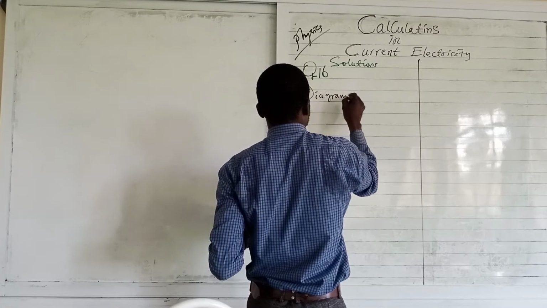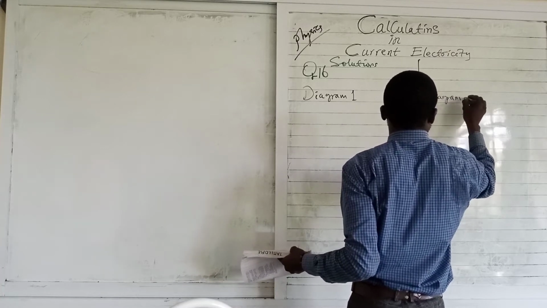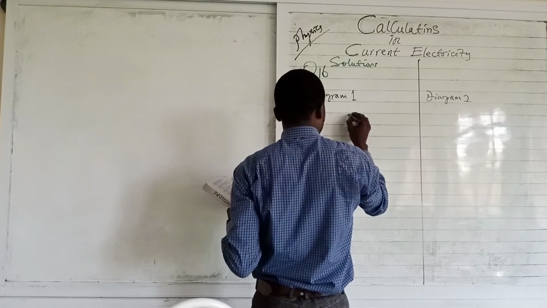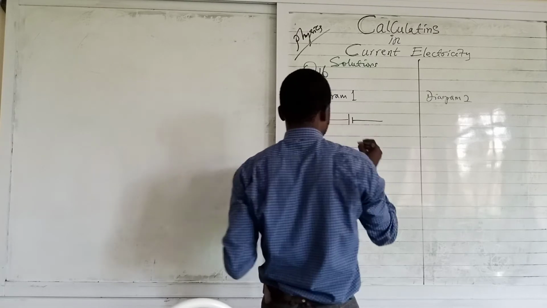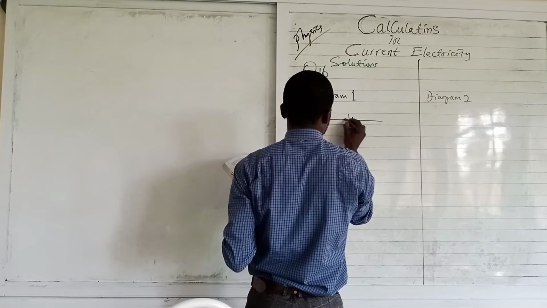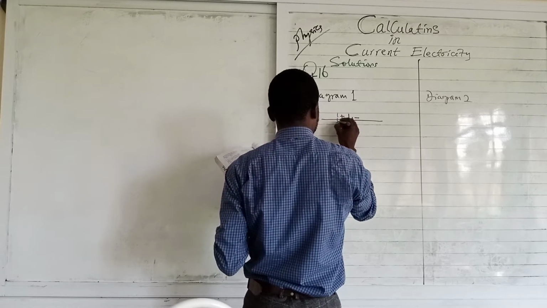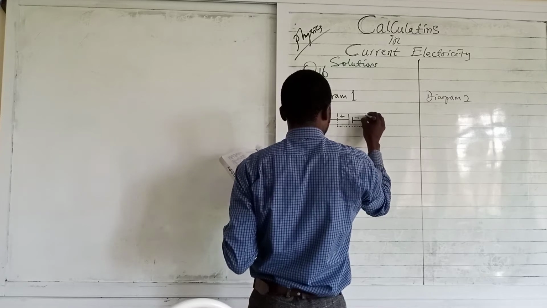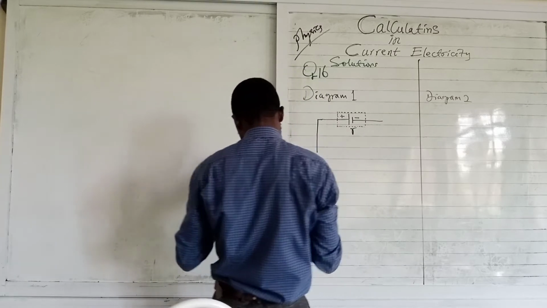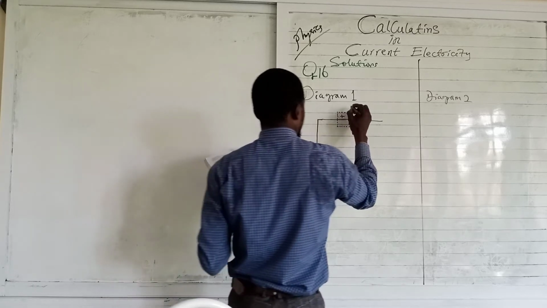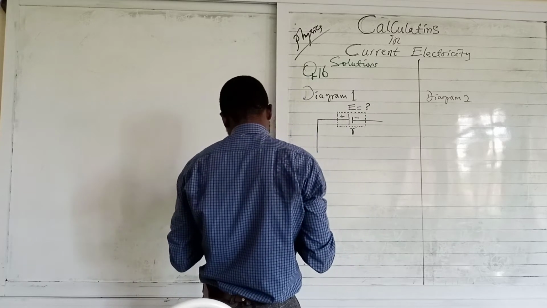This is diagram 1, and this is diagram 2. So this is a cell. This is the symbol for the cell, with the plus and the negative. That cell has an internal resistance. This is the symbol for the internal resistance of a cell, small r, connected in series, and the E.M.F. E is not given. It's connected in series with the